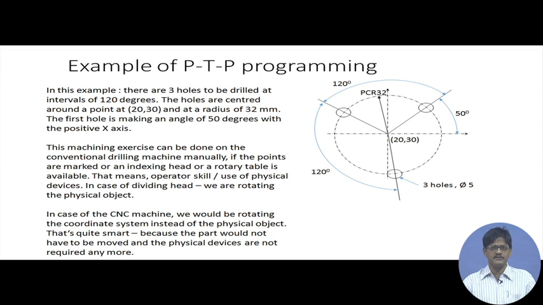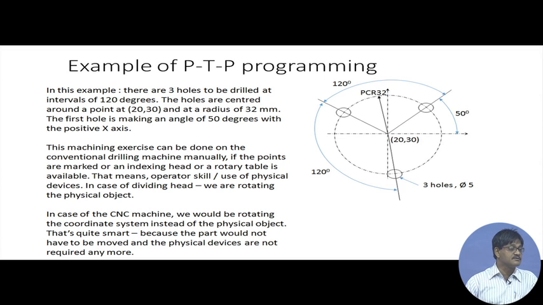So, physical rotation is being given. In order to give this physical rotation, the problem is we have to buy some equipment. Indexing heads will be expensive and they will be prone to errors. So, in a CNC machine, as the philosophy is to get rid of physical devices, to do away with the skill of the operator, etc., we are rotating something else. We are rotating the coordinate system. Virtually the coordinate system rotates, and it takes care of the rotation which was required in the physical world in conventional machines. So, we will simply rotate the coordinate system and repeat the drilling action. It will be drilled automatically at the 3 locations.